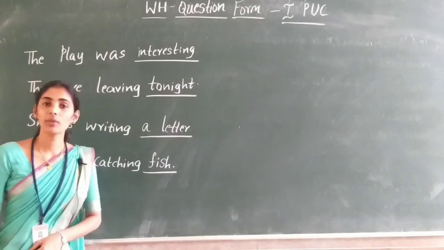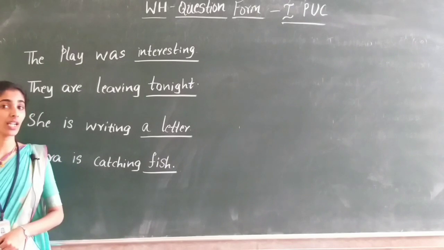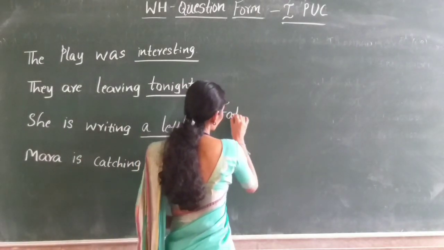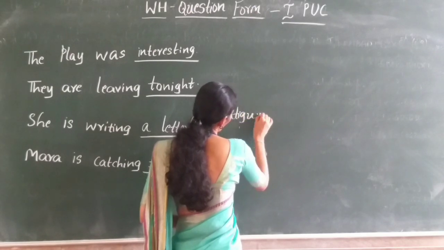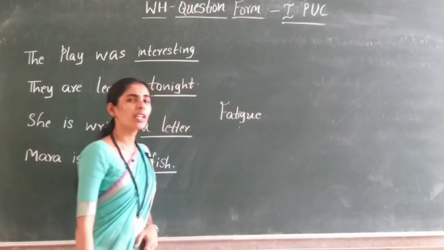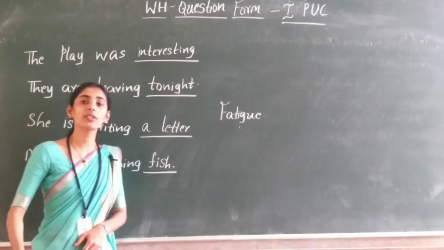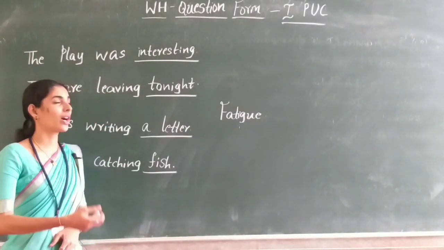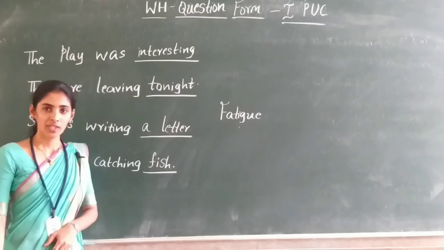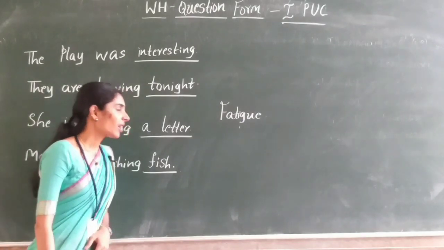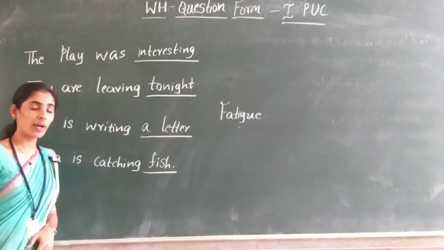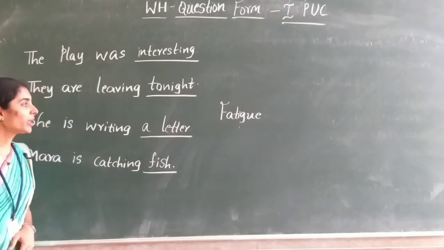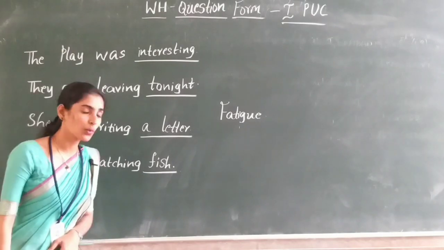So what was the word that I gave you? Fatigue. So what do you mean by fatigue? How do you spell that? Fatigue. Fatigue is extreme tiredness or to cause to feel exhausted. Sometimes you might have used this word, I'm feeling exhausted. In the same way, extreme tiredness caused by some extreme physical work.